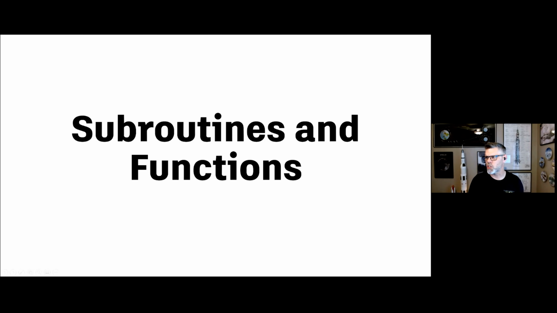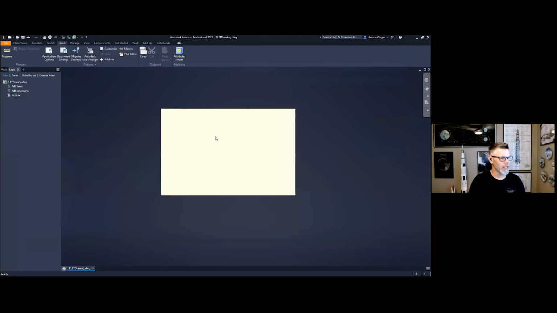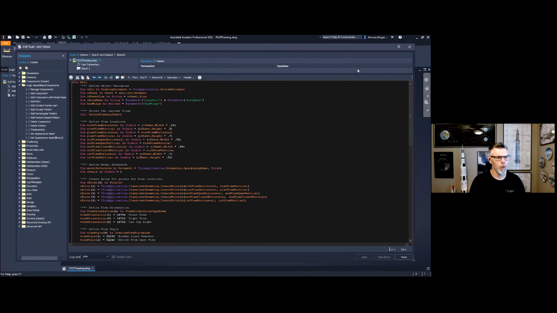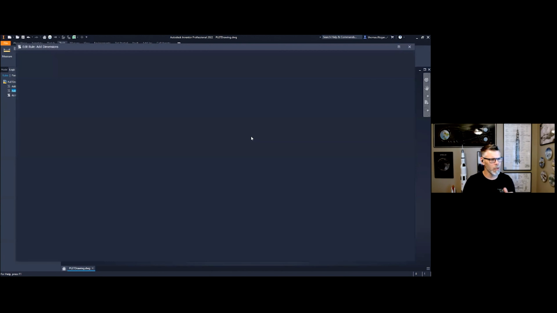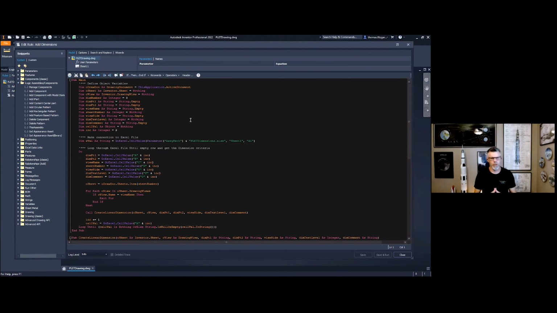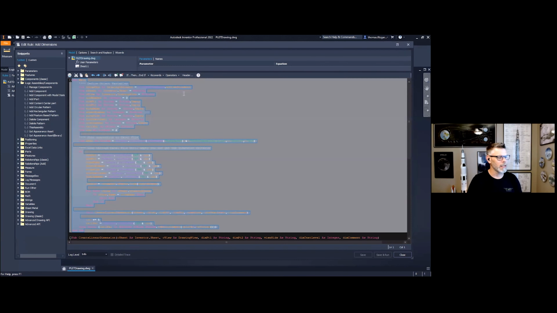Now, guys, this is extremely valuable inside of Inventor, or rather inside of iLogic, particularly when you're constructing your rules. Actually, I'm going to open up this other one because this is one of my favorite rules that I've ever put together. What it allows us to do is to automatically create and place dimensions on drawing views within an Inventor drawing. And how we do that is, like I said before, I have this main section of code. This is my main routine.